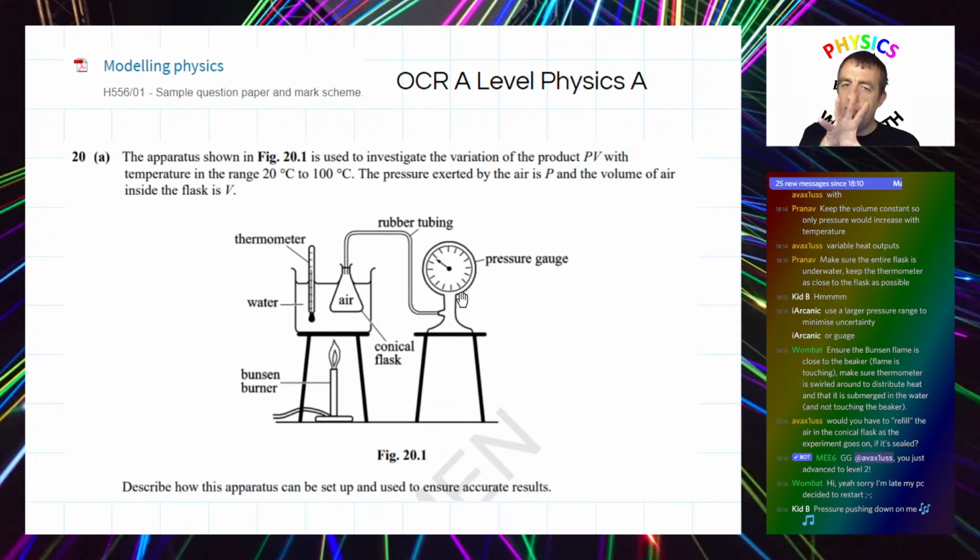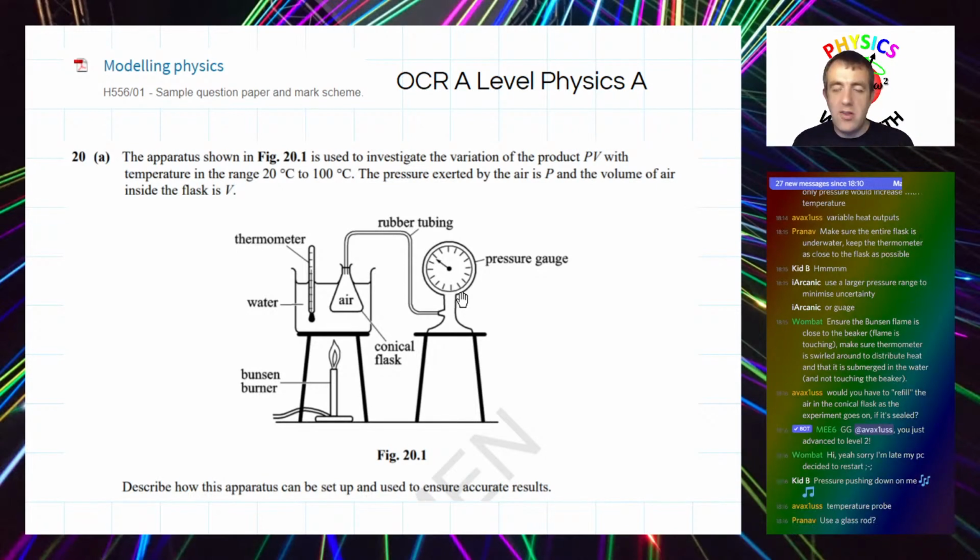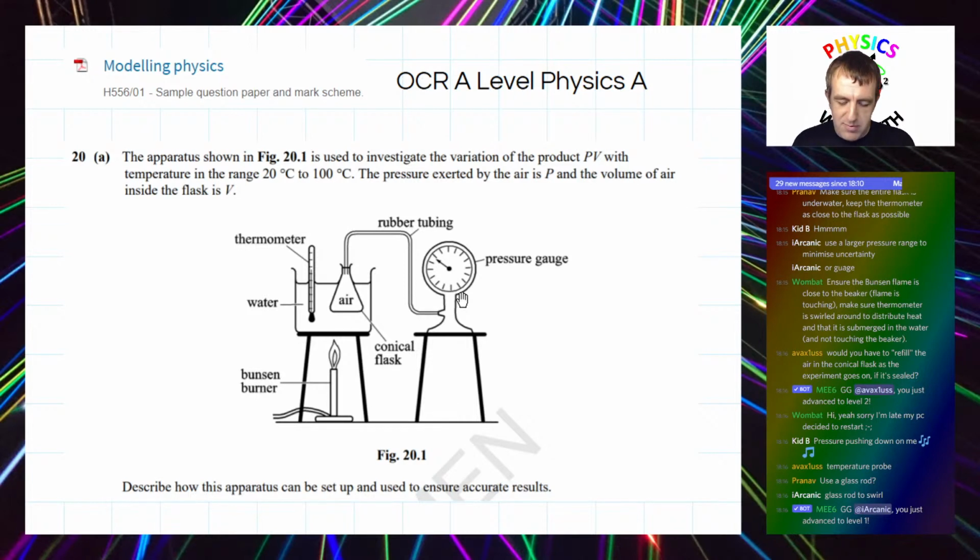Yeah, we wouldn't use a thermometer, especially if it's a mercury thermometer, because we risk accidentally banging it into the flask and it breaking, a mercury spill. My technician will tell you, because I did a rather nasty mercury spill a couple of years back, and she had to help me clean it up, and it was a mess. So, no, we wouldn't use a thermometer. We'd use a glass rod, as Əkānik has said, or Pranav has said, or Avax has said. We'd use a glass rod to stir it up, yeah.